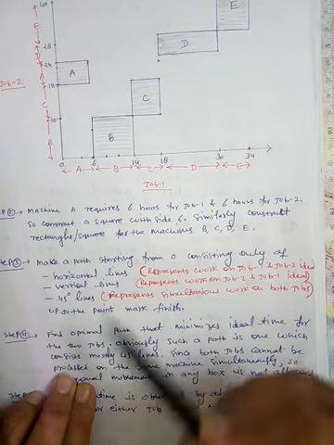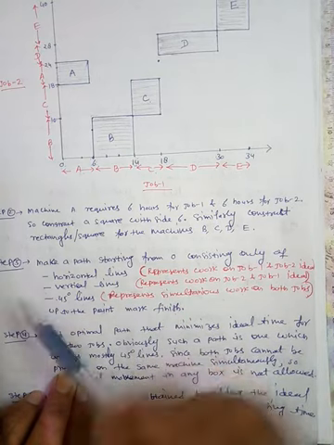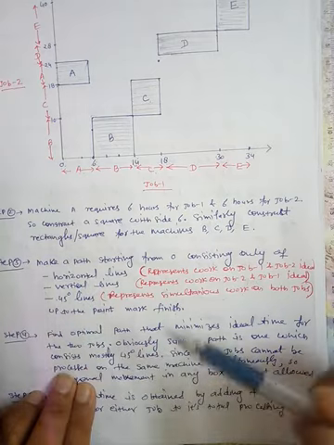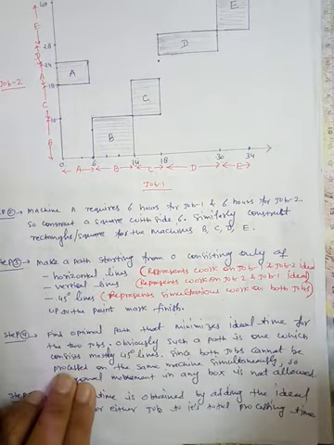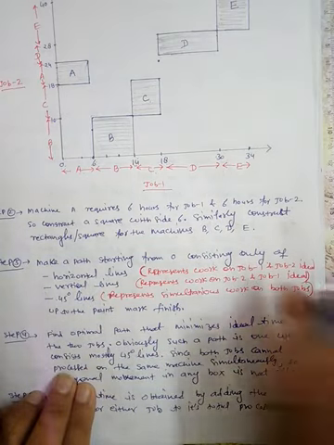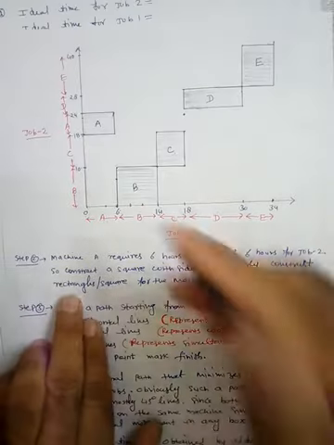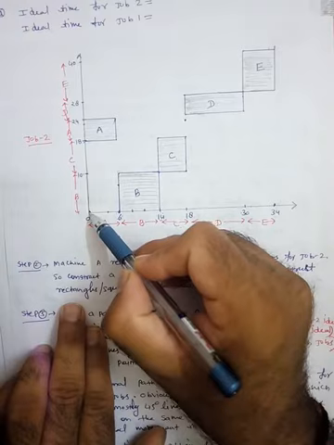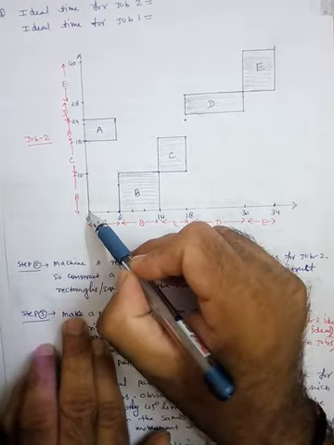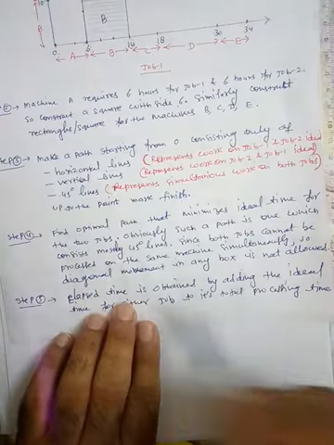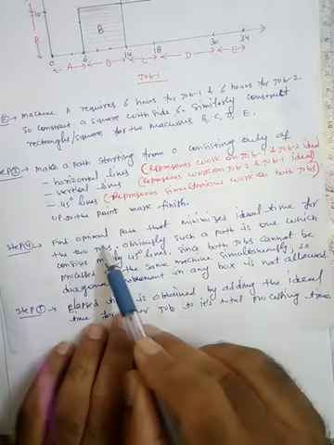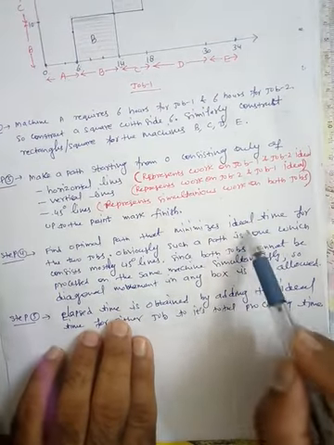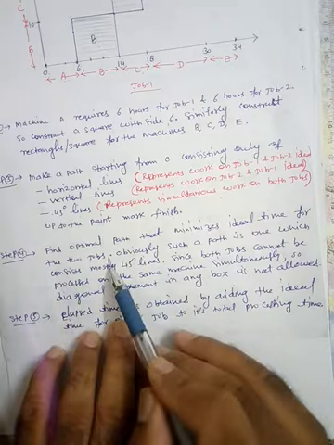Fine. So we have to construct a path following either horizontal lines, vertical lines or 45-degree angle lines. Fine. So let us construct the path. So start from here. So here, preferably, first draw the path. Just understand step number 4. Find the optimal path that minimizes idle time for the two jobs.